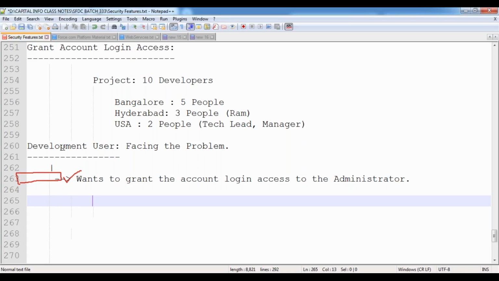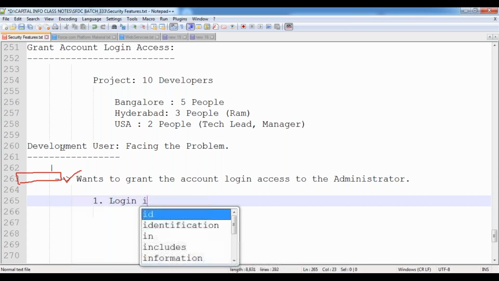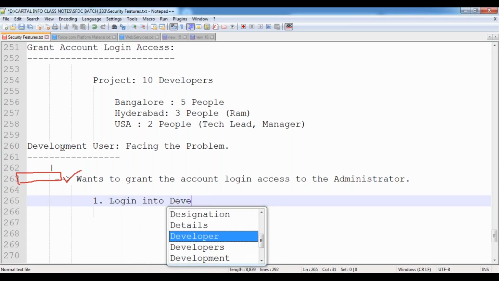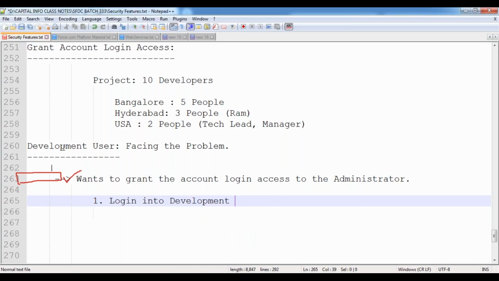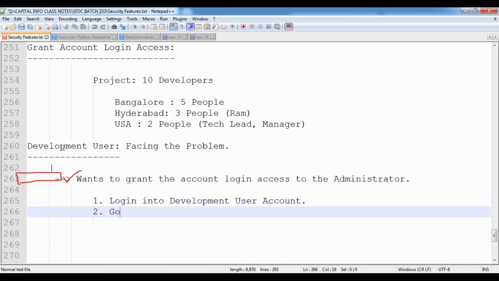For that, log in to the development user account. Go to the username and expand it.